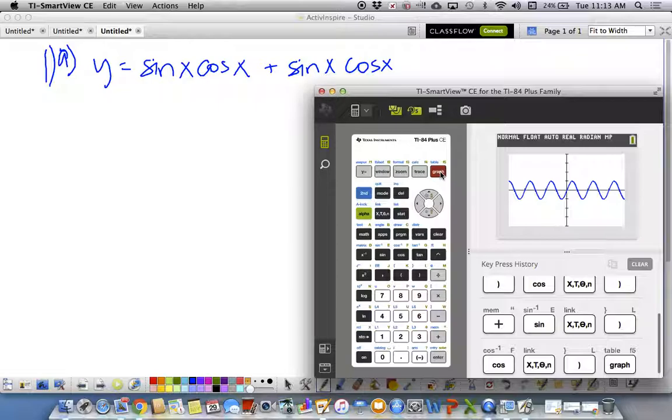Now this, from the other side, I believe every single one started at 0, 1. So when we hit trace, are we at 0, 1? No, where are we? 0, 0. Which trig function starts at 0, 0 and then goes up? Is this going to be a sine function? Yes, it is. So, let's see if we trace and go over